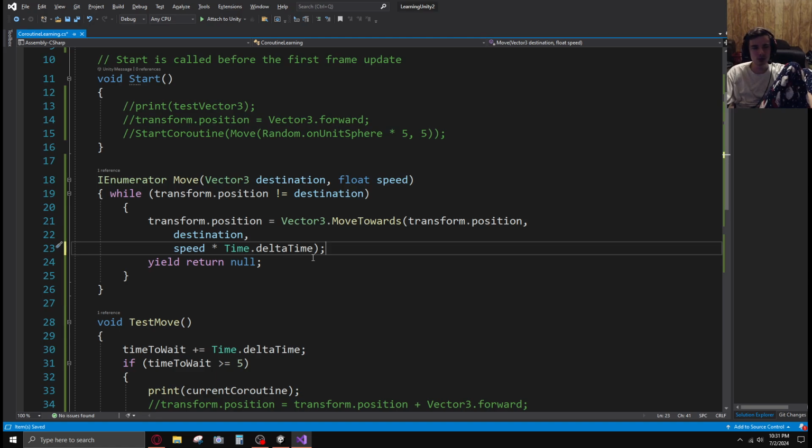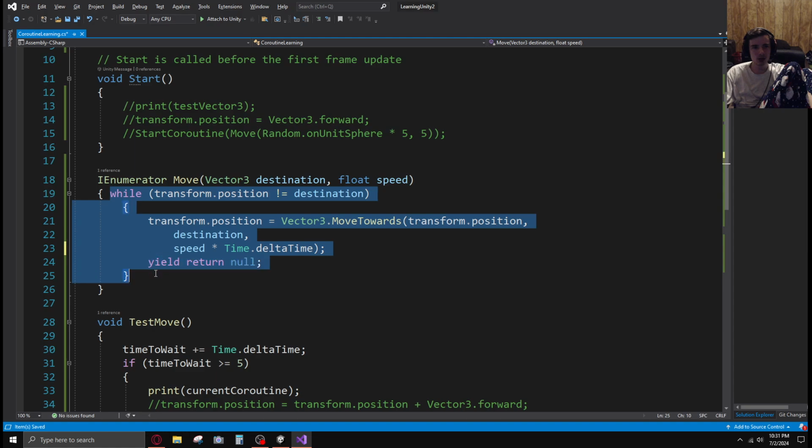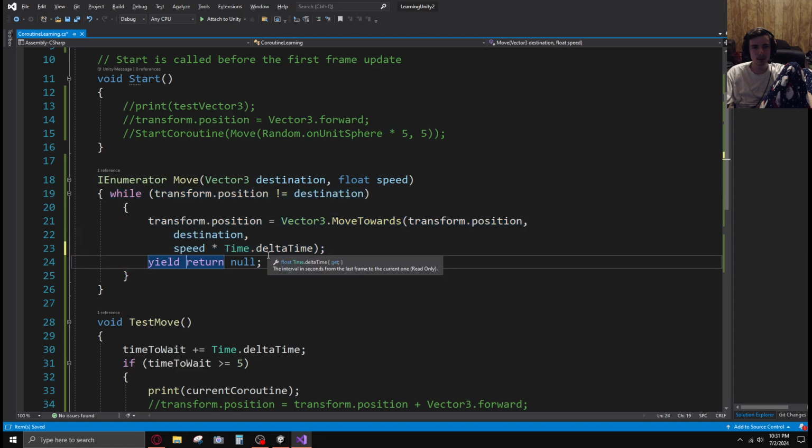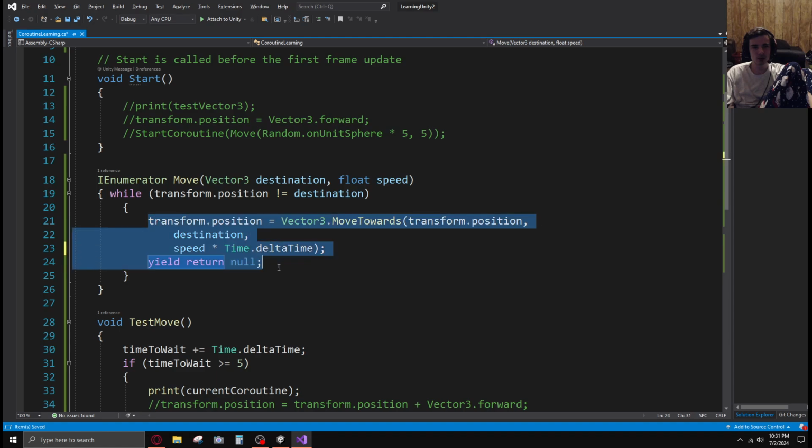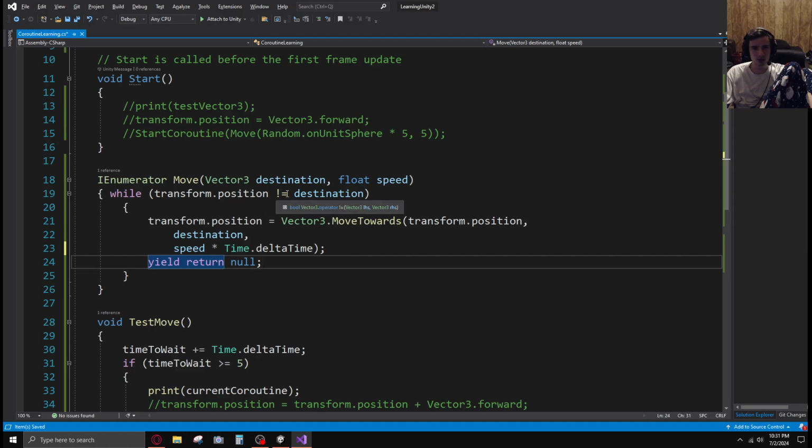Yield return null. While it's not doing this, you do this, and yield return null. Ooh. Okay. And when it is equal to destination,